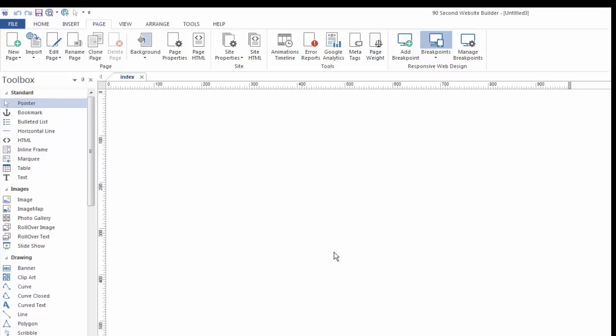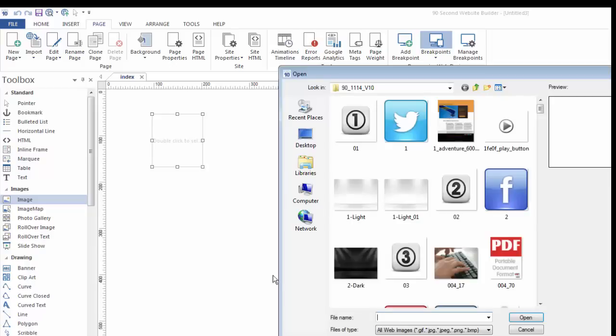Let's say you wanted a logo that appears in the corner of all of your variations. No matter what device people are looking at your website, you want that logo. Here's how you do it. Notice that we have not made any breakpoints yet. That's important. And we're going to just design our default page first. And one of the things we want on our default page, let's say, is this logo with the number 3